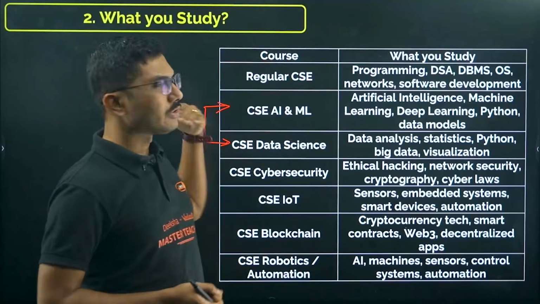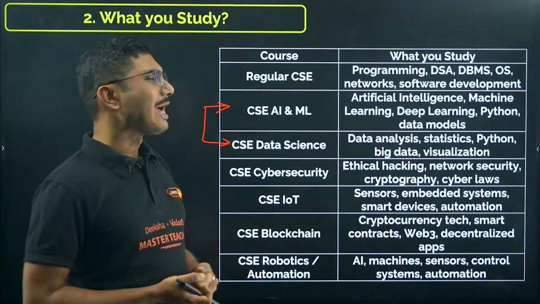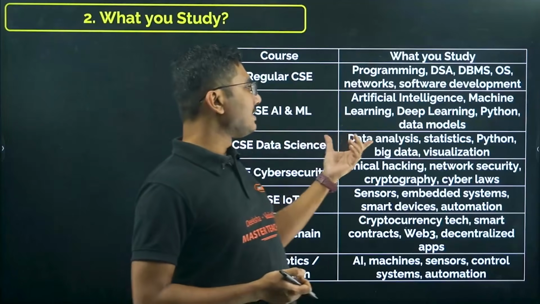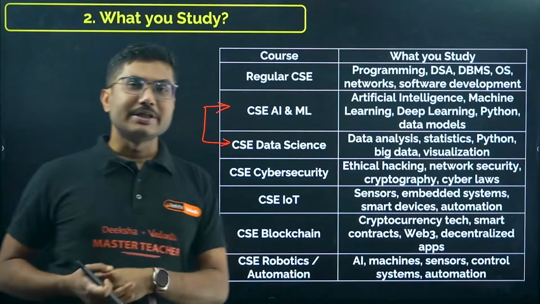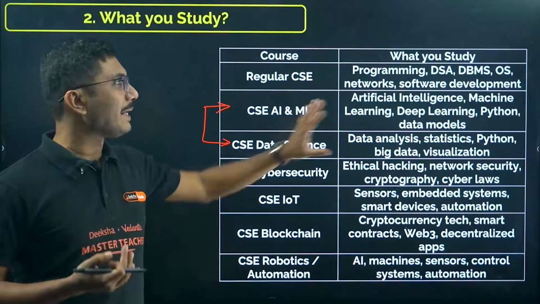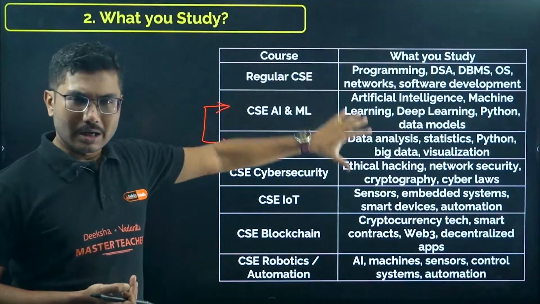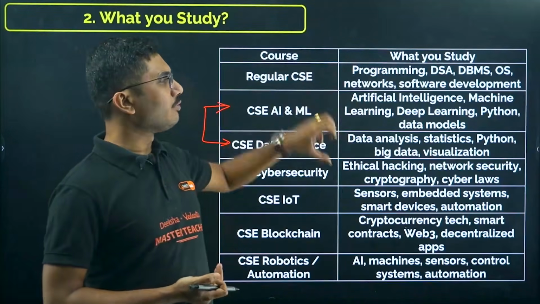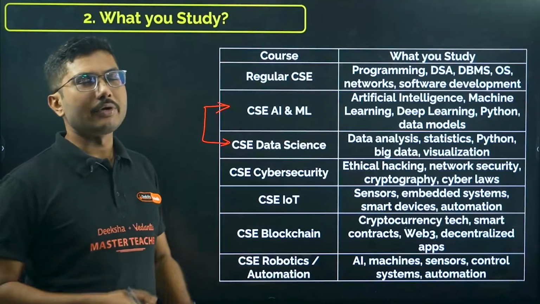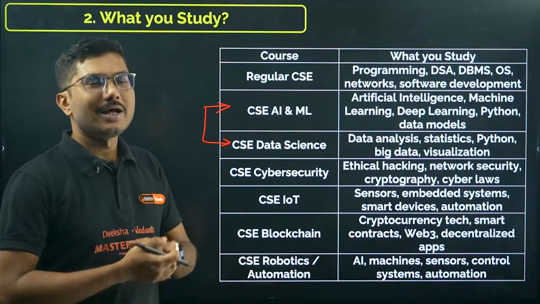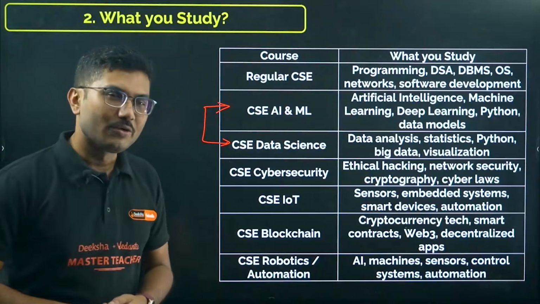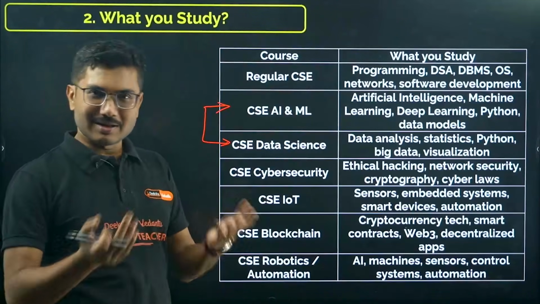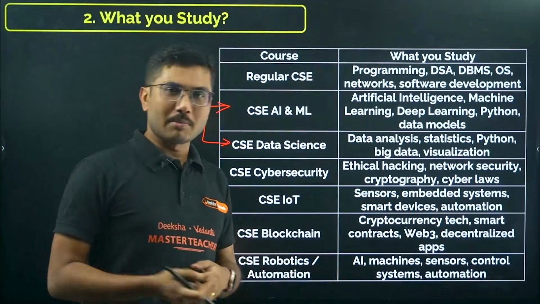Now data science also requires a little bit of statistics and mathematics. Here you will see data analysis, statistics, Python, big data, visualization. These are all the main topics. If you are confused among these topics, you can take any one of these and Google it, search it, or you can Gemini it. Nowadays Gemini is one of the artificial intelligence tools. You can use it, or you can ChatGPT it, another AI tool, to know more about them.